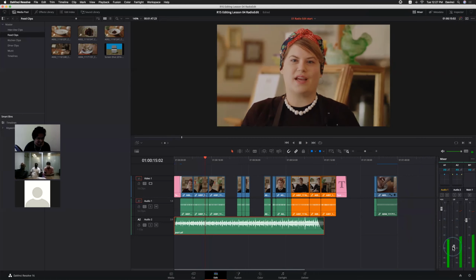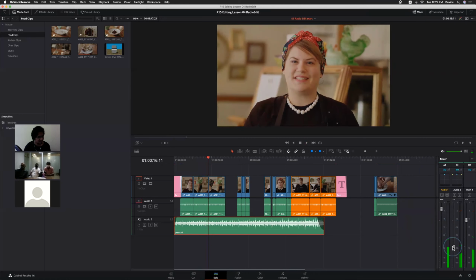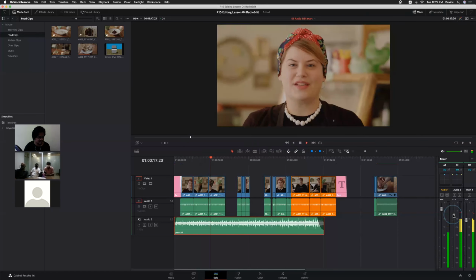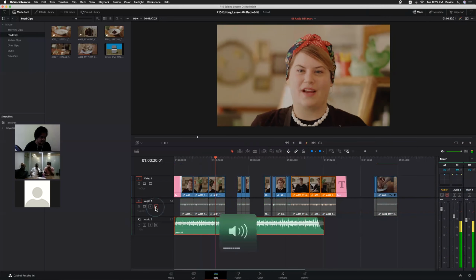Can you see the difference here, right? And this is the master one. Okay. And if you add any track, it will automatically appear here. But let me disable the audio track. I'm just disabling the audio track. That means I'm just muting it out. Click. Now we can see only the music track, right?